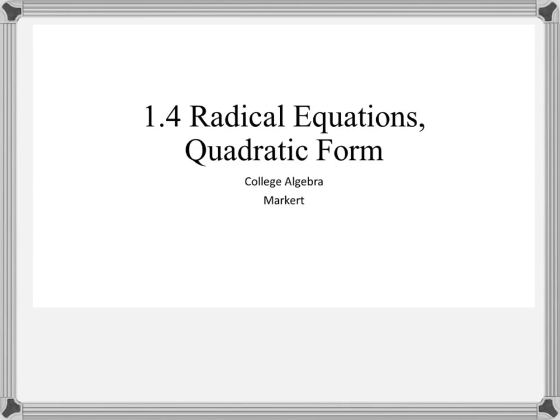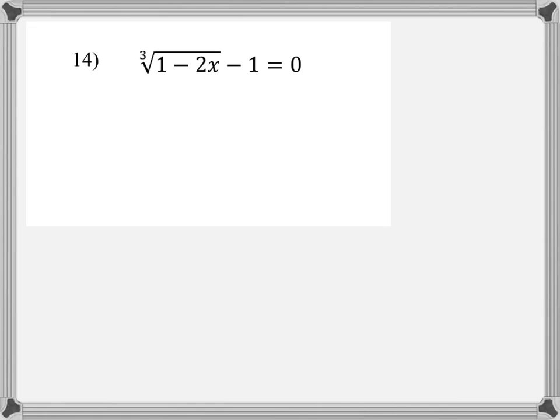In this section, we will look at examples of radical equations and solving equations that are in quadratic form. Our first example is the cube root of 1 minus 2x, minus 1, equals 0. So the first step is to always isolate the radical. So here we will add 1 to both sides, and we'll end up with the cube root of 1 minus